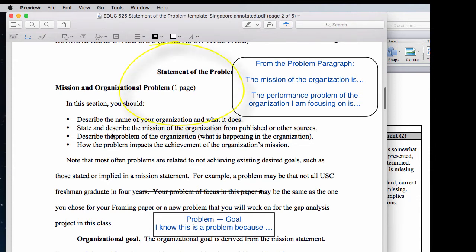Now notice that there are page limitations to the statement of the problem. This is not a long document. This document should only be 5 to 7 pages, not including the title and the reference pages. So 5 to 7 pages is not long at all. So try to stay within the guidelines here of each one of the sections. So moving on then,